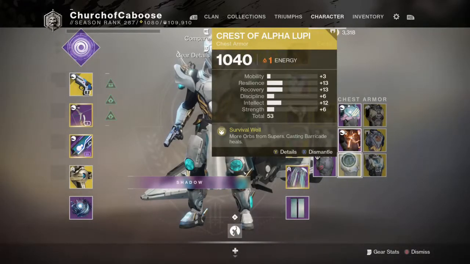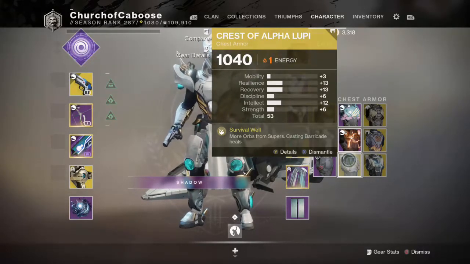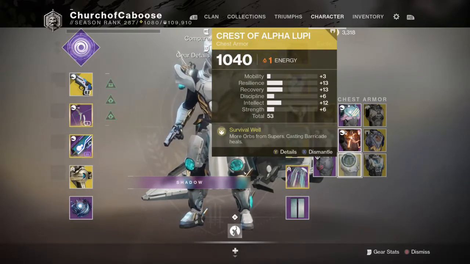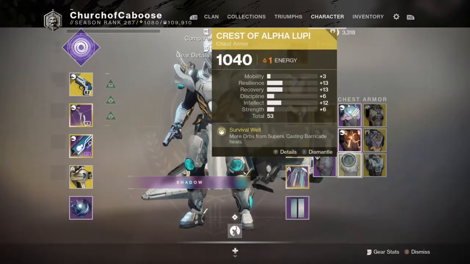We've also got the Crest of Alpha Lupi. And of course, I have to mention the Crest of Alpha Lupi. More orbs from supers, casting barricade heals. So you're going to get more barricades, which means you're going to get more health, and then you're going to get more orbs when you do your super, which means that your teammates will get more supers, which means that you will get more supers, and then the Traveler's Chosen means you're going to get more barricades, and it's just a wonderful cycle, like washing machine tumbling of awesomeness,